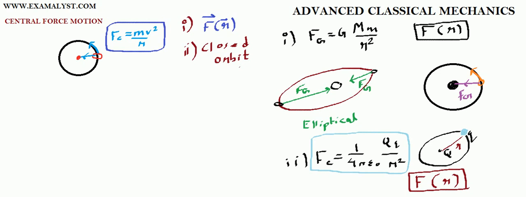Now the question is, what defines whether the orbit will be circular or elliptical? In the next lecture we'll see that the total energy of the object, by the object I mean the total energy of the earth, or the total energy of the object that moves around the source, decides what type of path it will be. That we'll discuss in our next lecture.